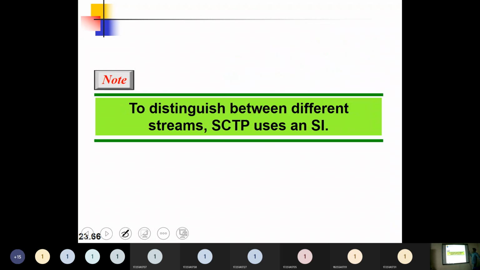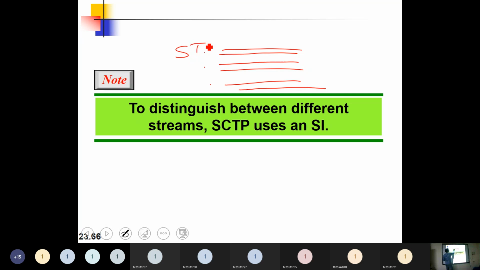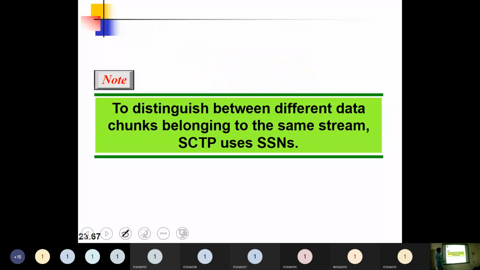Okay, to distinguish between different streams, like we said, multiple streams are there, right? To distinguish between this stream and this stream, we are going to give some stream identifier. To distinguish between different data chunks belonging to the same stream, SCTP uses